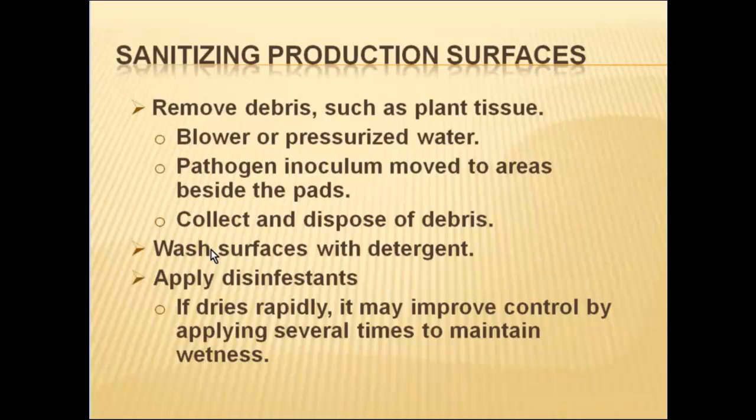I've done studies where I've included washing a surface with detergent prior to using the disinfestant and found dose rates and contact times that did not give a high level of efficacy gave a high level of efficacy, or a 99% mortality, when it was preceded by detergent. So again,